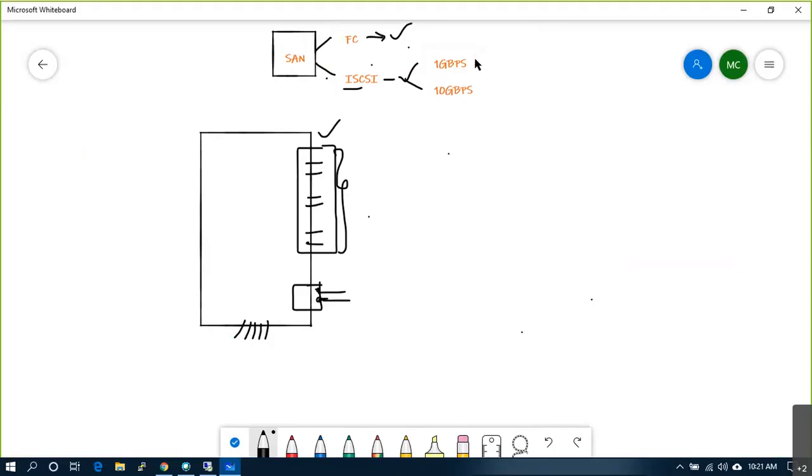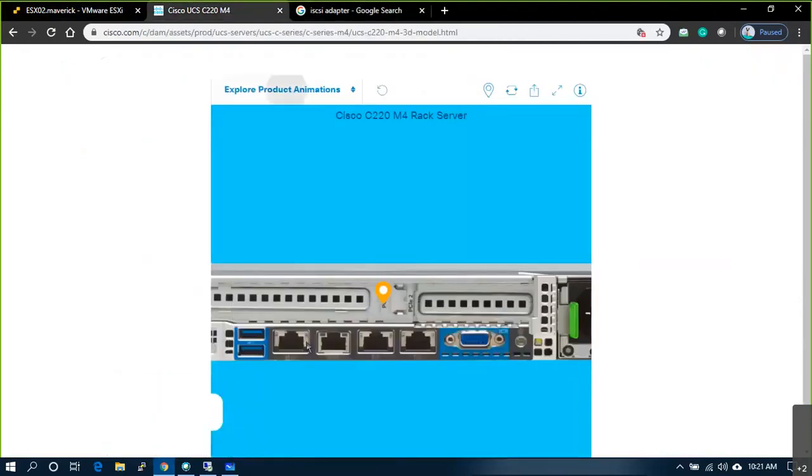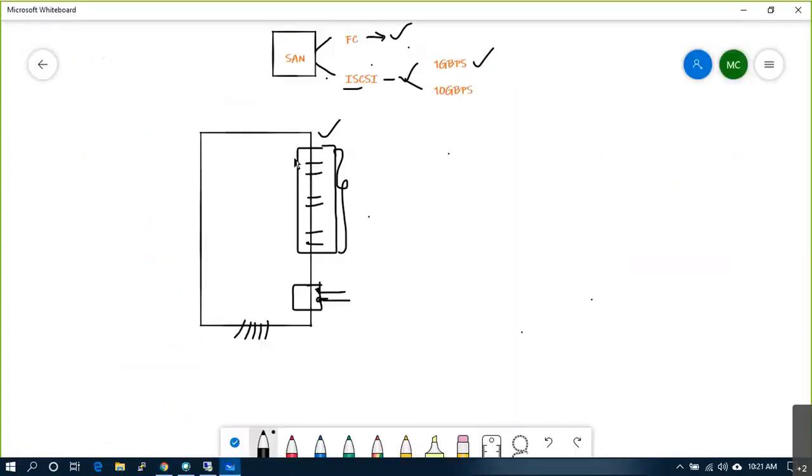If you are using 1 GB Ethernet, these ports are enough. These kinds of ports you need to order and insert here in the PCIe slot. So earlier you had 6. If you want to implement iSCSI storage with 1 GB speed, you would require two more 1 GB cables.